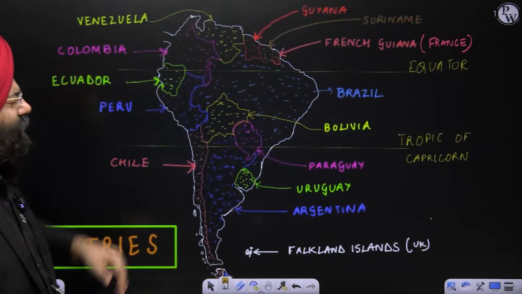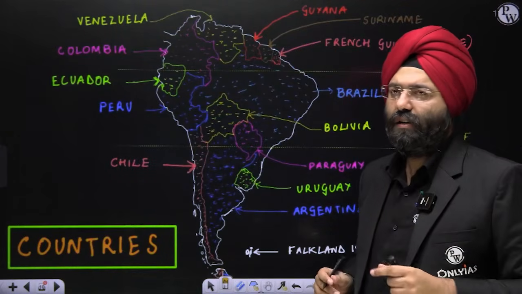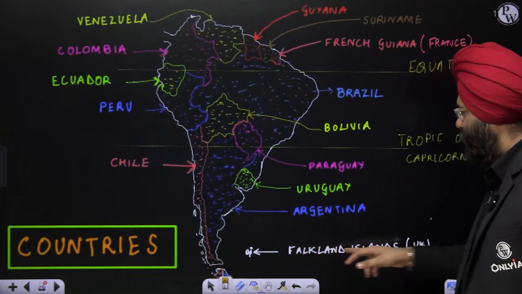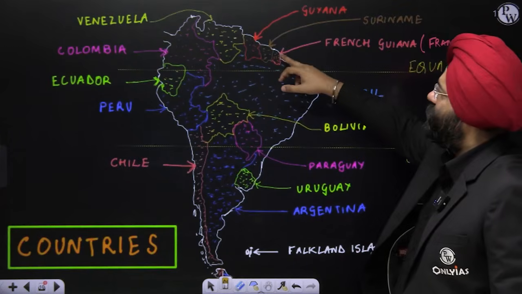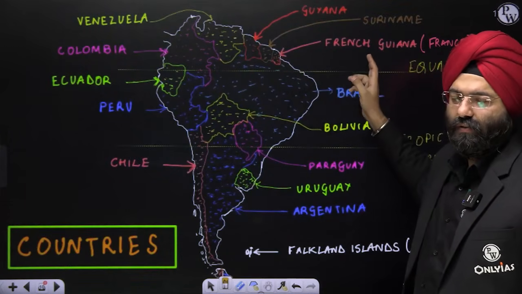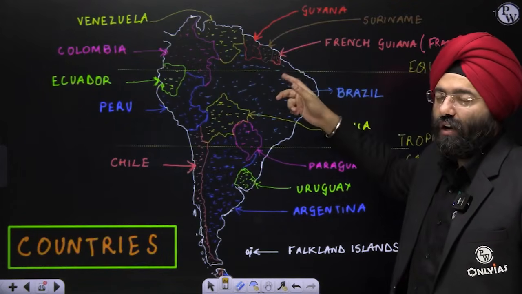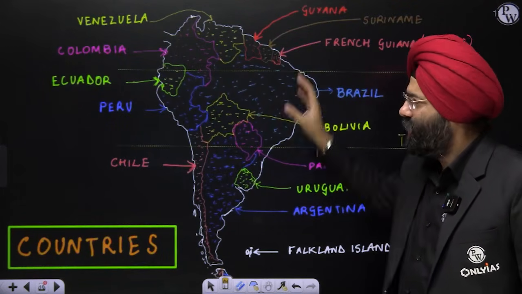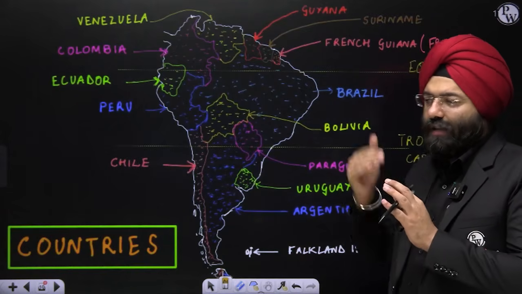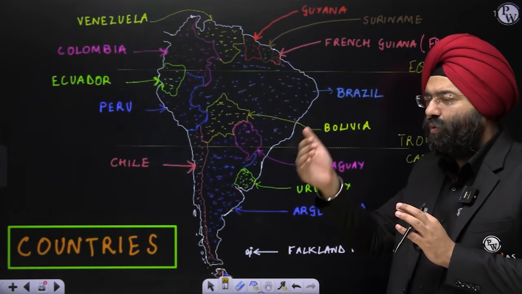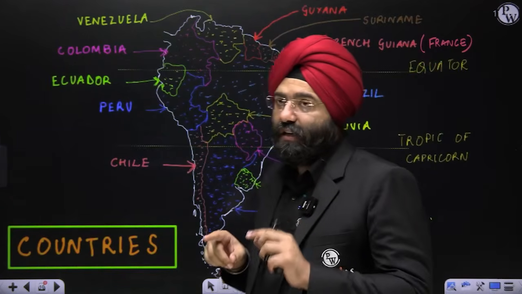Now, if I move ahead, these are the countries that are present. When I was talking about the dependent countries, please remember, the Falkland Islands is a territory of the United Kingdom, whereas French Guiana is a territory of France, the sovereign country. So these 2 are not sovereign countries as such of South America. That is why you can say 14 countries, you can say 12 countries also. There are certain people who mention 13 countries also.